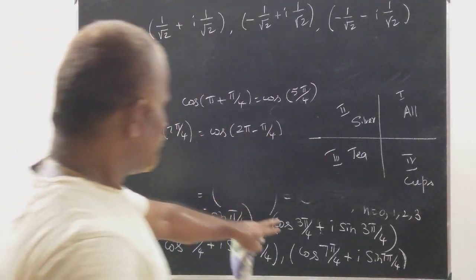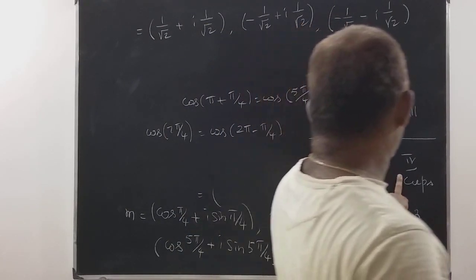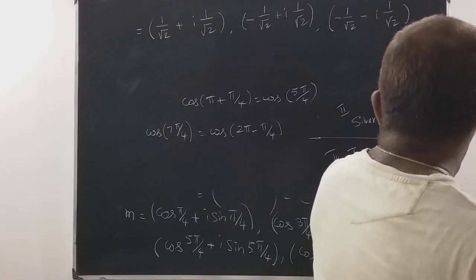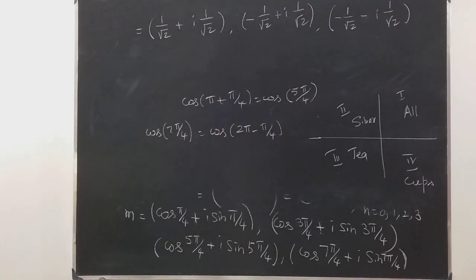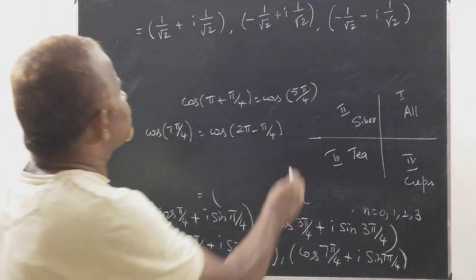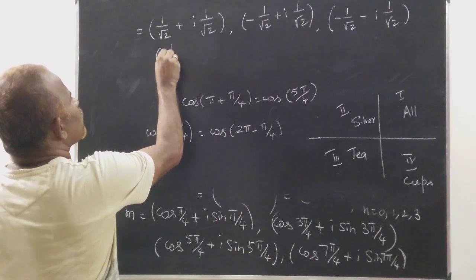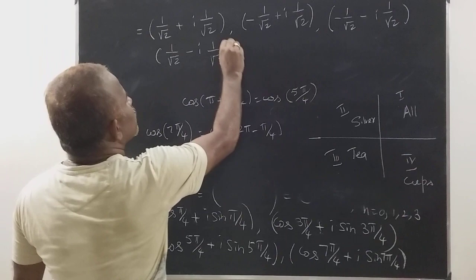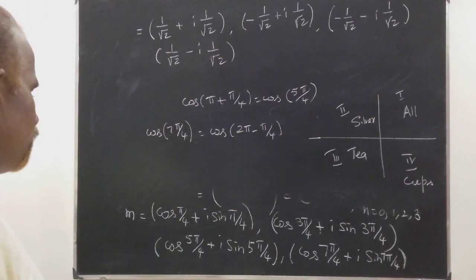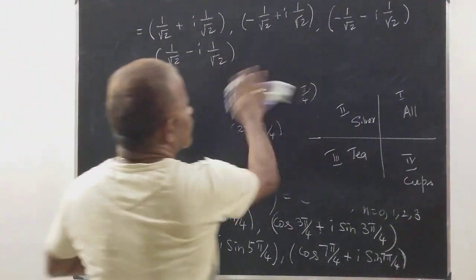Okay. So here also 2 pi minus pi by 4. So fourth quadrant, cos is positive, sine is negative. Okay. Cos is positive, sine is negative. So therefore cos is positive, therefore here 1 by square root of 2 minus i into 1 by square root of 2. Okay, so therefore this is equal to, we can take like that. Okay, understood?